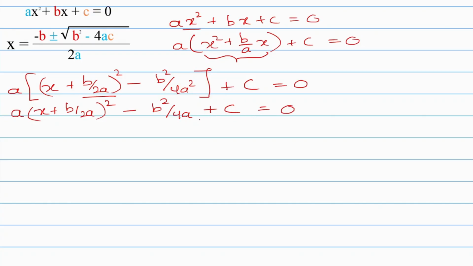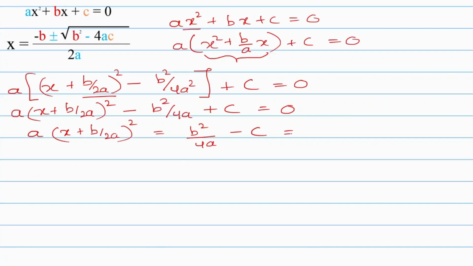After that, it's just a matter of subjecting x and basically solving for x. So to do that, we take both of these two terms to the opposite side of the equal sign. That's a, x plus b over 2a whole thing squared equals b squared over 4a minus c,